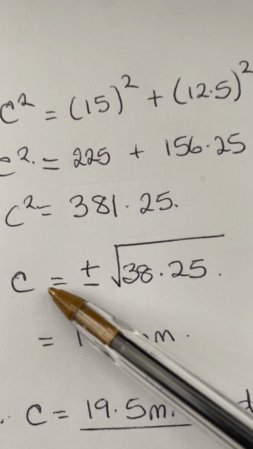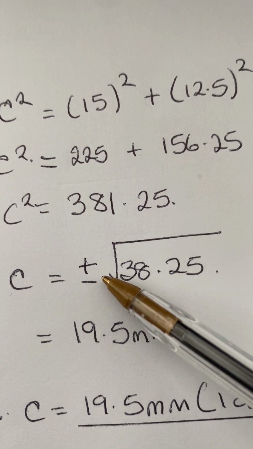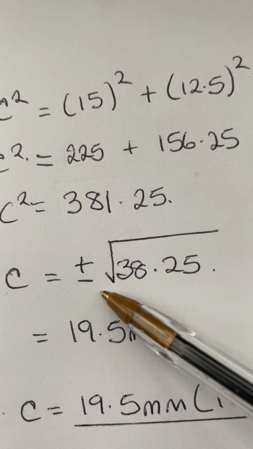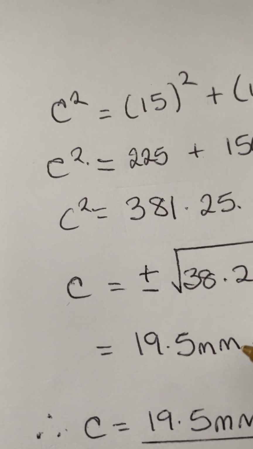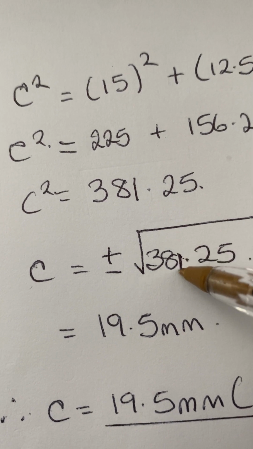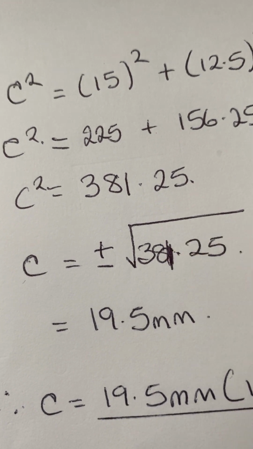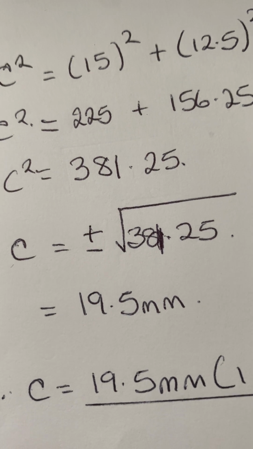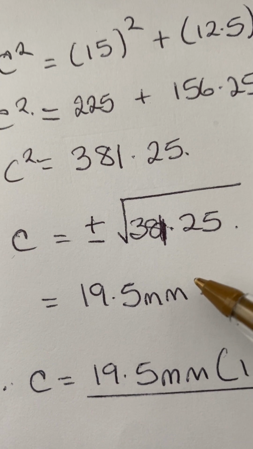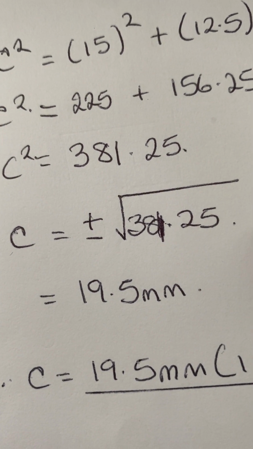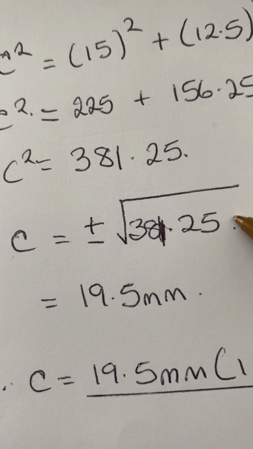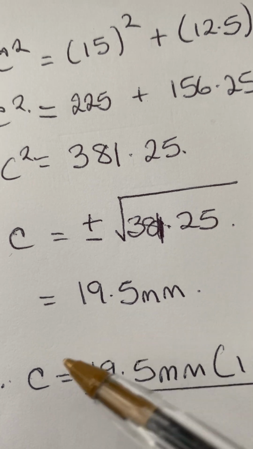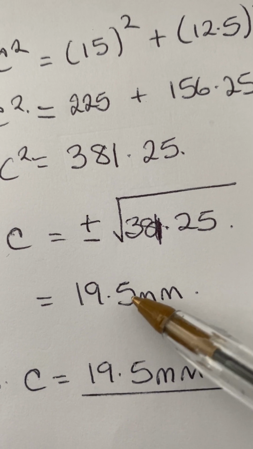So c equals plus or minus the square root of 381. This is where you should follow my notes, because I've missed the 1.25. Now, if you do this rightly on the calculator, you should get 19.5